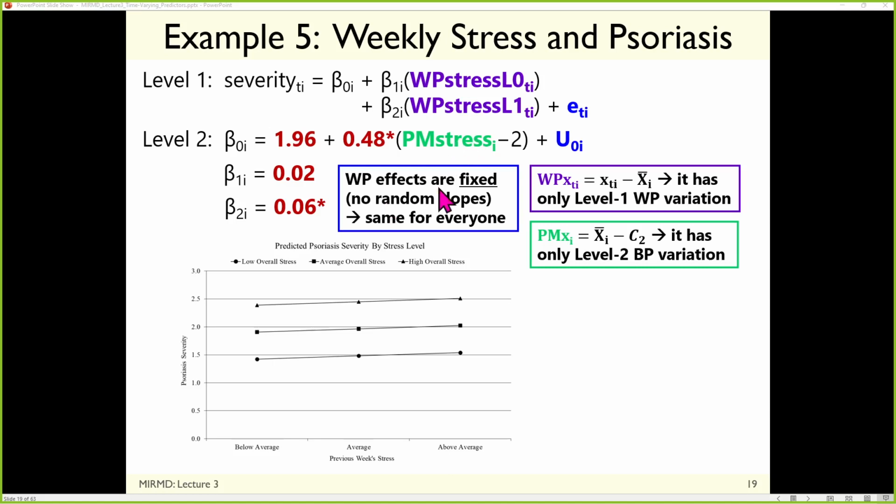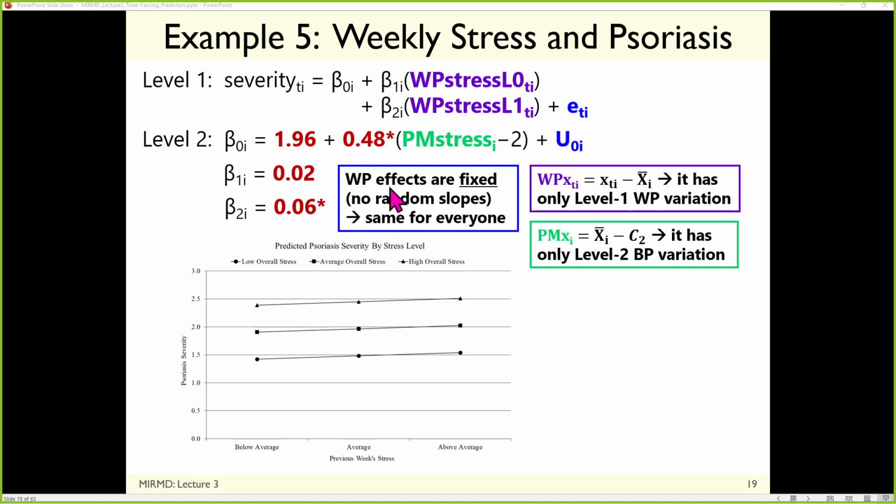I also don't have random slopes here that I could have put in. They wouldn't show up in the picture because these types of pictures are typically focused on the fixed effects, but they would change the inference of the fixed effects. So what would a random effect mean in this case of lagged stress?